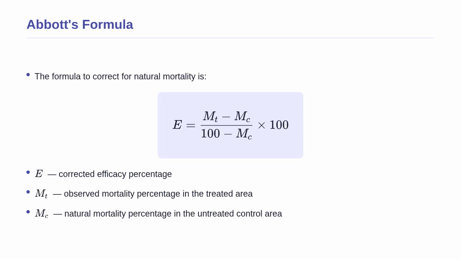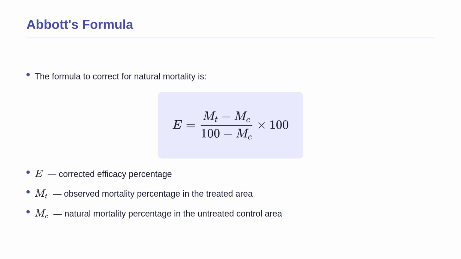Let us look at how Abbott's formula is structured. The formula states that E equals m sub t minus m sub c divided by 100 minus m sub c, all multiplied by 100. Here, the variable E represents the corrected efficacy percentage, which tells us the true killing power